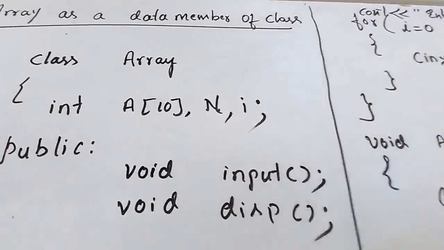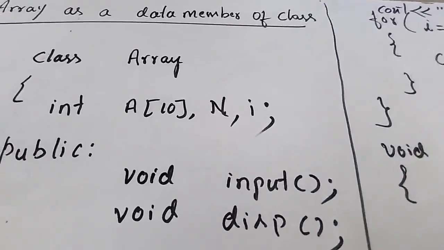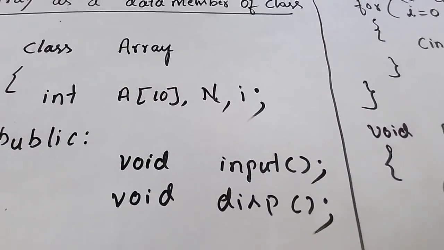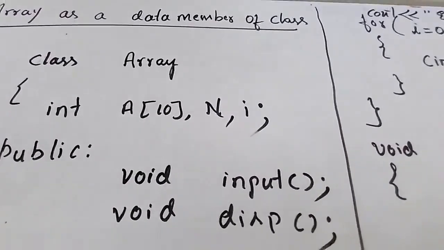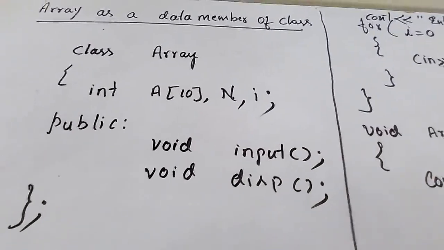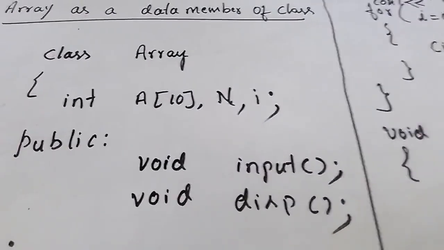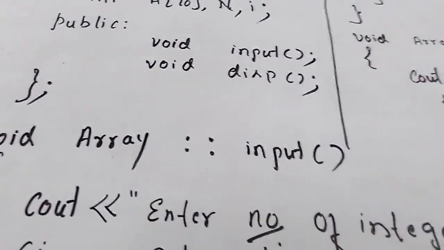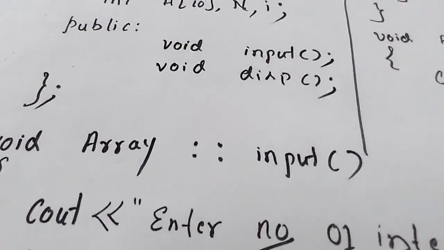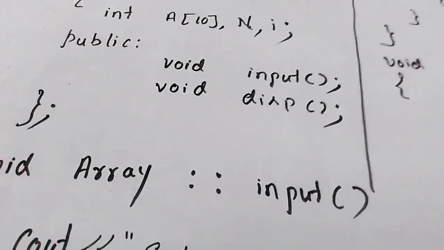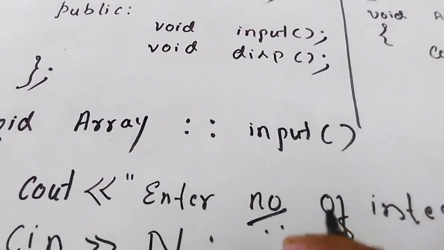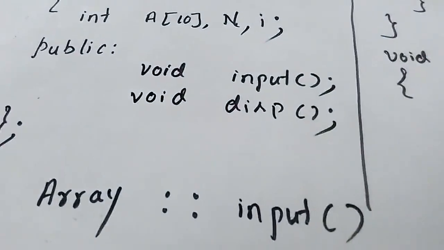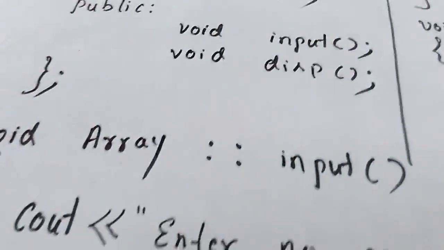Okay. Now void input. These two functions require for loop, because array elements mean it's a continuous memory location. We can't write cin multiple times. That's why I have taken array here. So that function contains for loop. Now I defined outside the class. And one more concept you came to know in the last class, that is defining member function outside the class. That is, in order to define function outside the class, first we have to declare inside the class. That's why these two functions I am defining outside the class. So I declared inside the class.